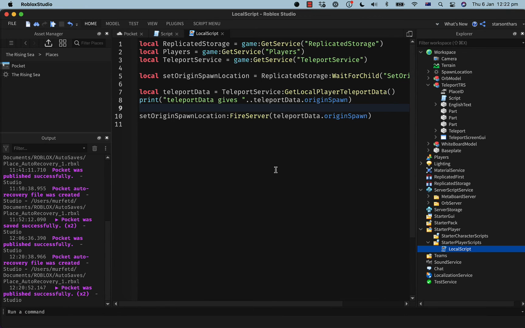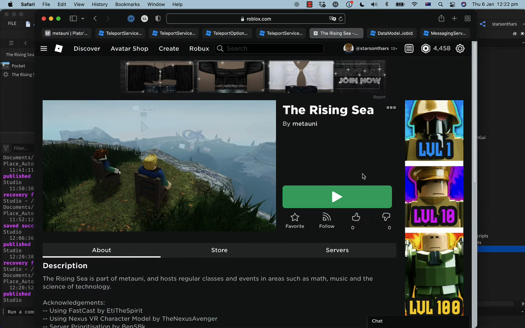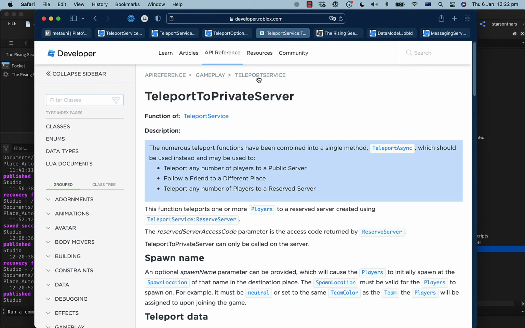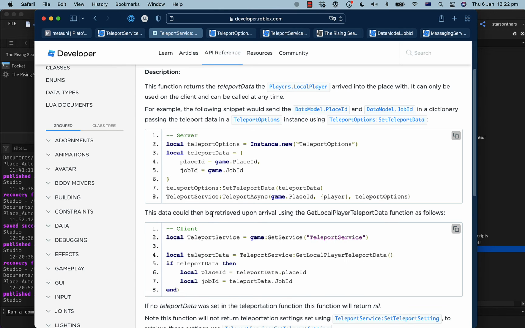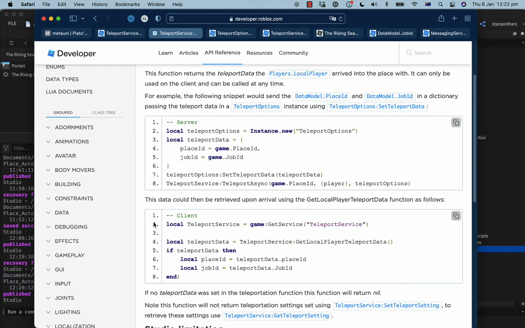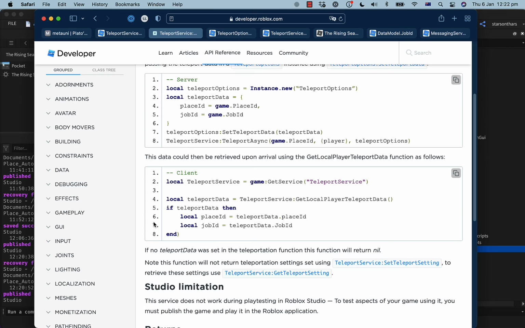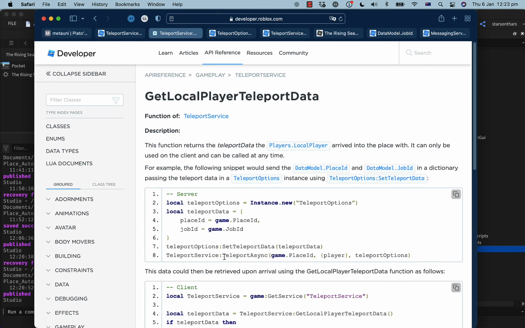I guess I should wait for the player to finish coming in or something. Get teleports.